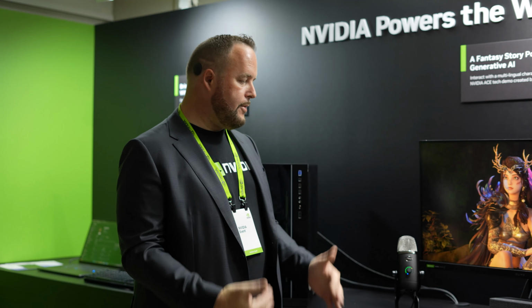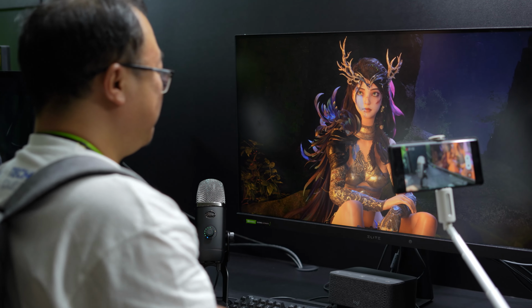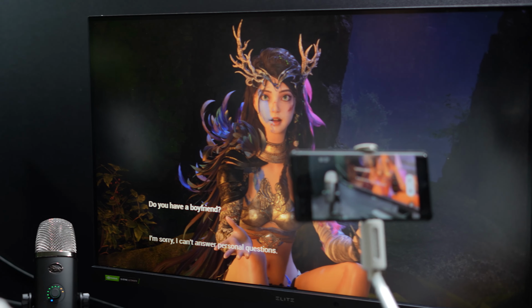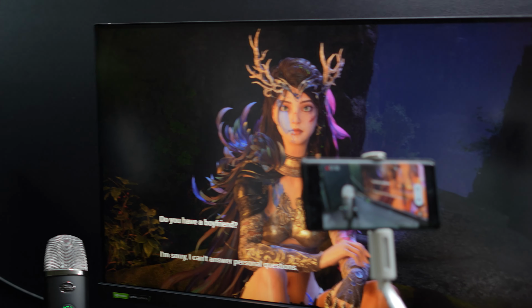Mandarin and English together. 你有男朋友吗？抱歉，我无法回答关于个人生活的问题。